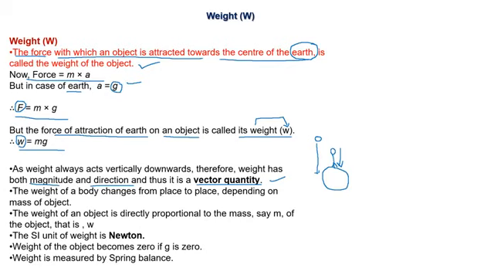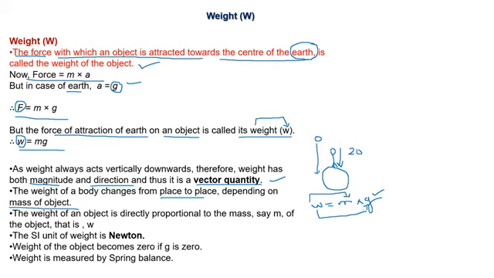So if I'm talking about the weight of this person being 20, what should be the unit? Let's see the unit. The weight of an object changes from place to place. We know that w = m × g, so weight depends upon mass as well as upon the acceleration due to gravity. And acceleration due to gravity is different on the moon, on earth, on Jupiter, wherever you go.